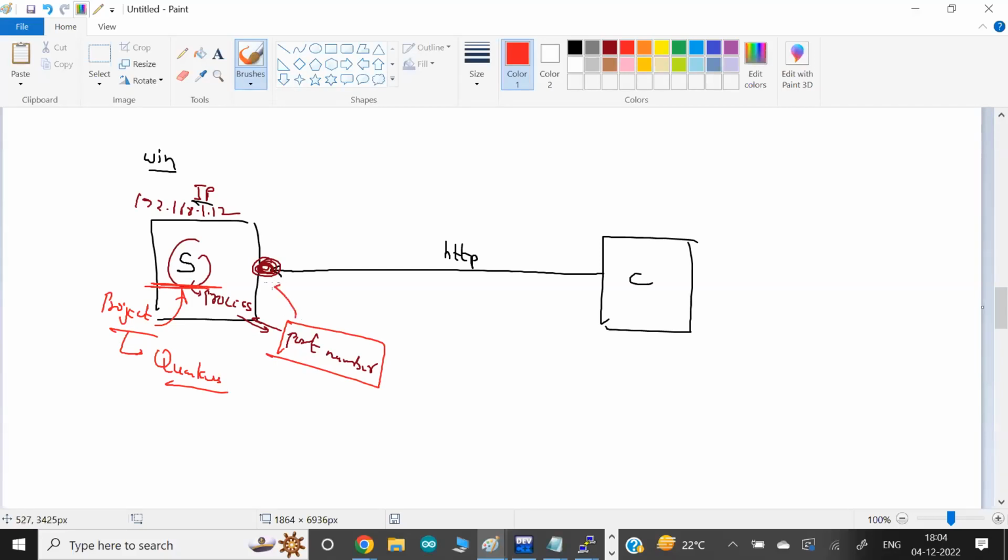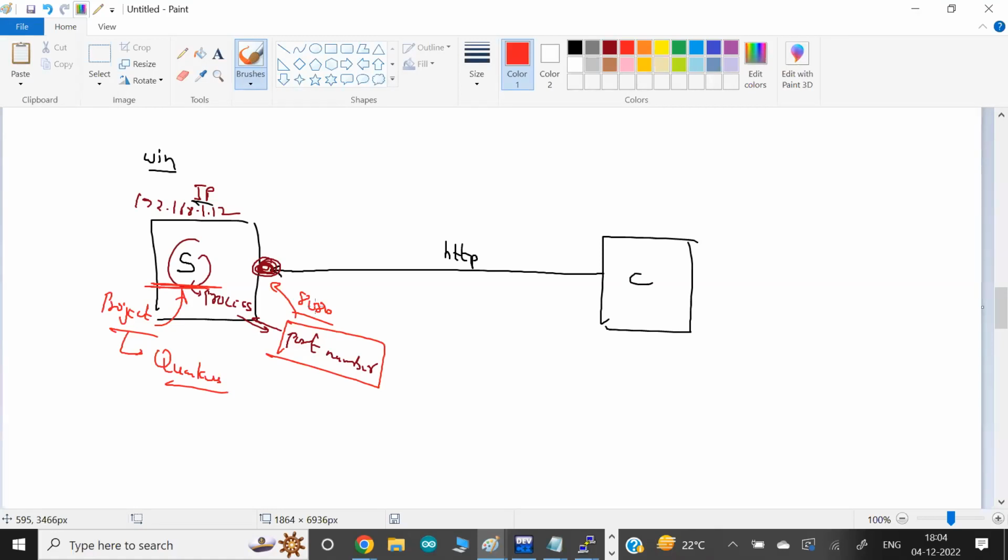Okay, maybe let's say the port may be 8080, for example, or maybe some other number we can change. We'll see how. So Quarkus will generate this port. And if you remember, in my last class I talked about the API gateway. So that's what Quarkus will create. But what is an API gateway, we'll see more in upcoming classes.